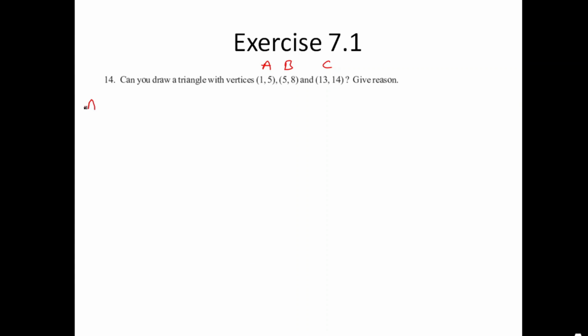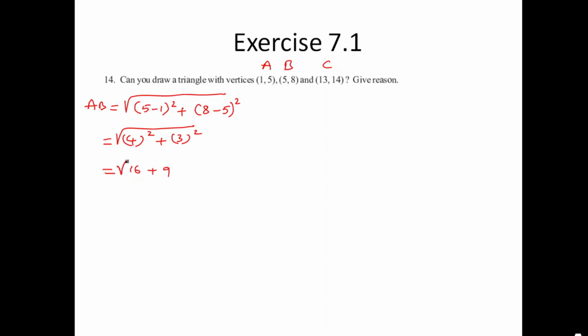Let me find the distance of AB first of all: x2 minus x1 to the whole square plus y2 minus y1 to the whole square. So the resultant here is 4 square plus 3 square, isn't it? So this comes out as 16 and 9, isn't it? So root of 25 is only 5. Next thing is, let me find the